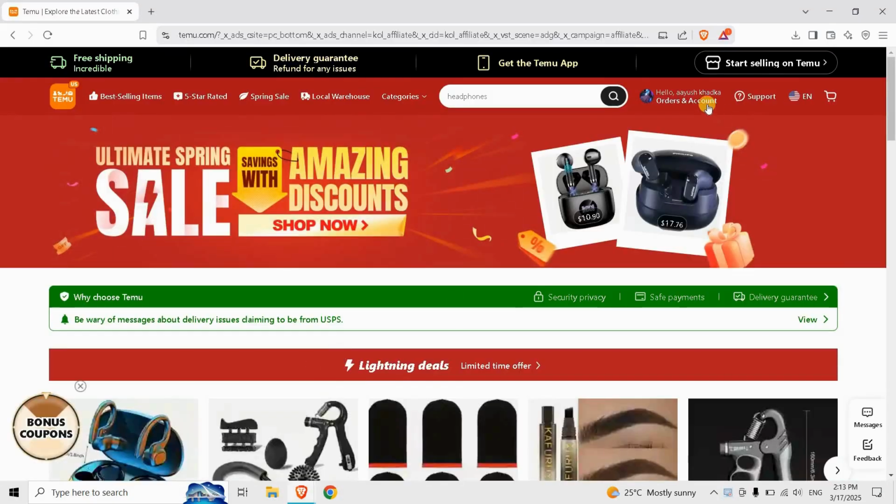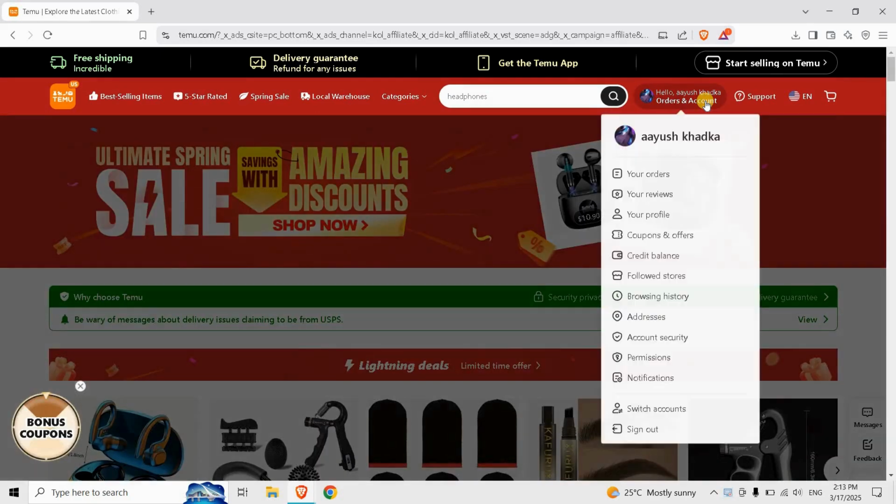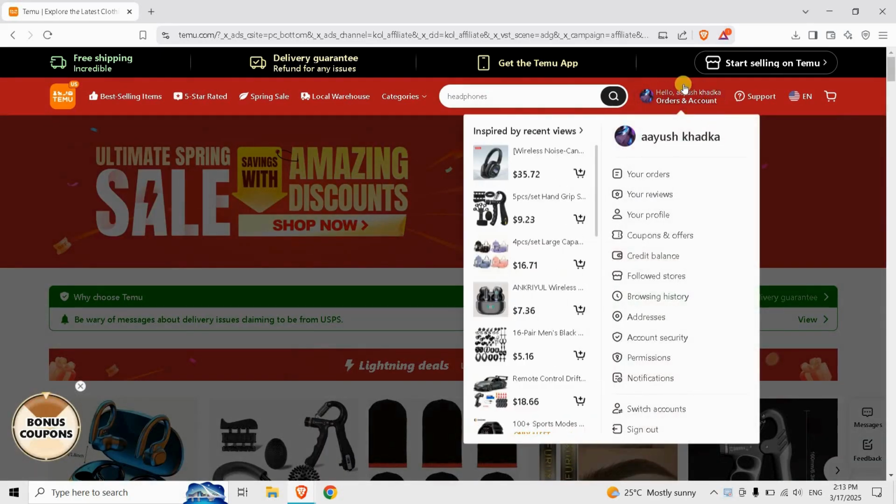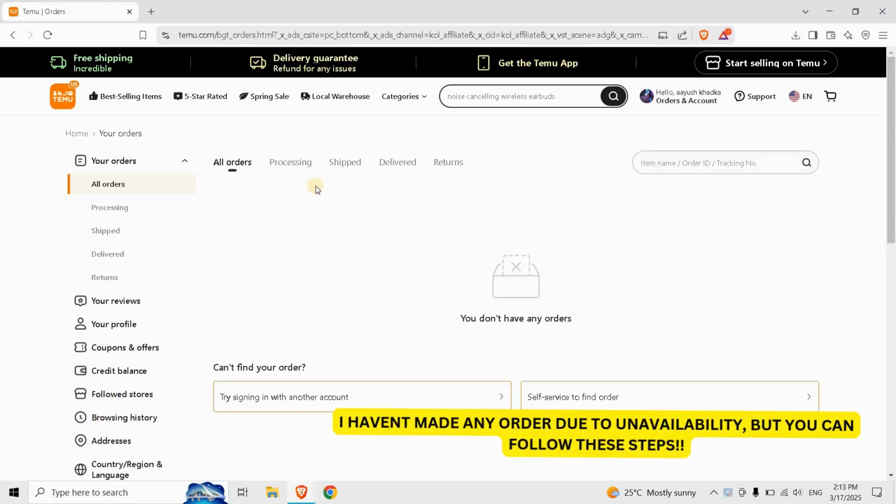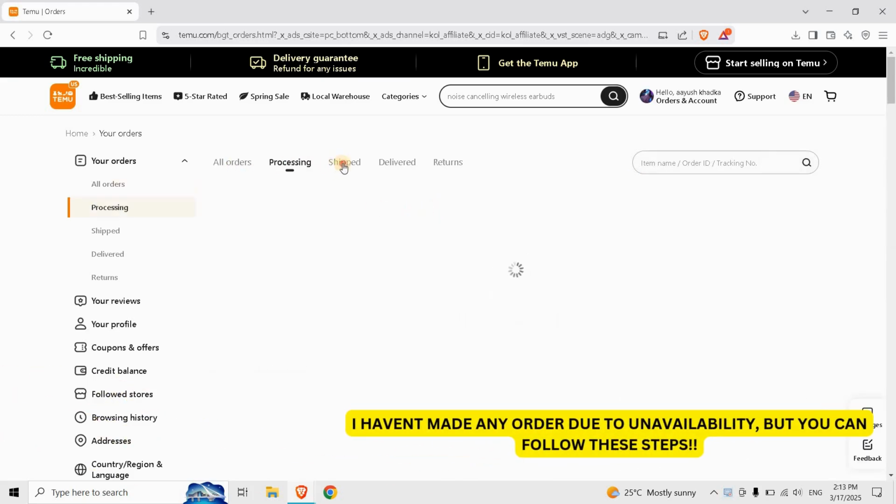Go to the order section by tapping the profile icon at the bottom of your screen or by clicking on your profile on the website. Find the order that you want to request a price adjustment for and tap or click on it and open